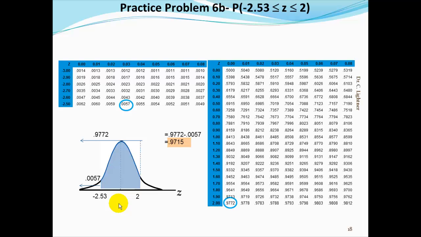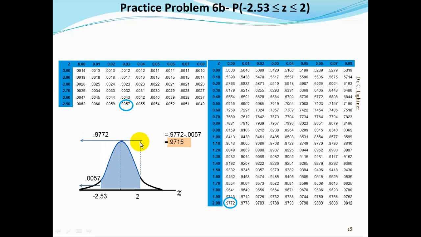Our last problem. Let's compute the probability that z falls between -2.53 and +2. If we look up the z-score -2.53 by going to the row for -2.5 and the column for 0.03, we obtain an area of 0.0057. So the area to the left of the z-score -2.53 is 0.0057. If we look up the z-score +2 in the chart, we find that the area to the left of a positive z-score of 2 is